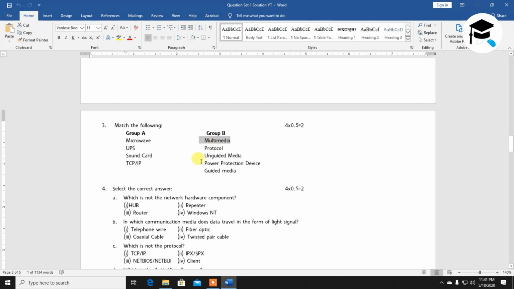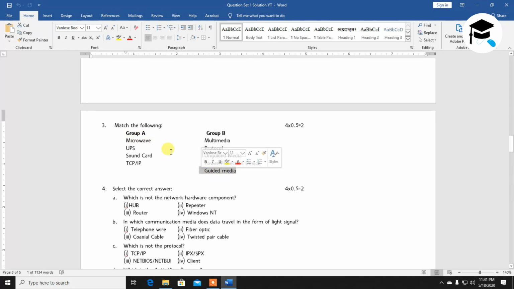Similarly, we have studied about protocol in previous questions, TCP/IP. Whenever you see the term P, you need to understand it's a protocol: transmission control protocol, and IP, internet protocol. Okay, then which one is left now? I hope you have already guessed it. That's guided media. Guided means wire based. Unguided means wireless. Whenever the term wireless appears, you can remember another term, microwave.